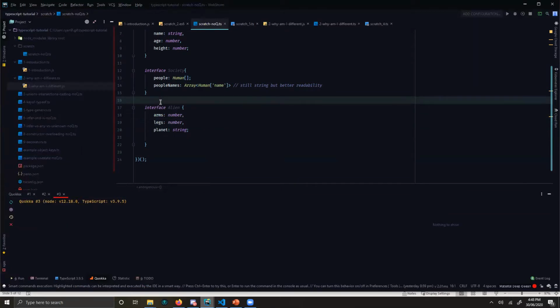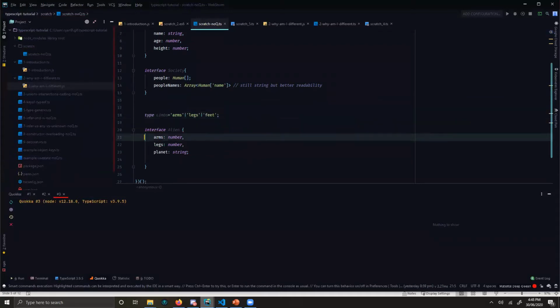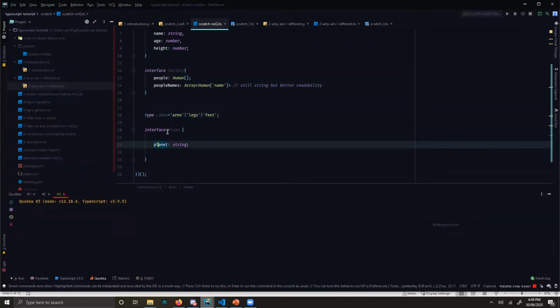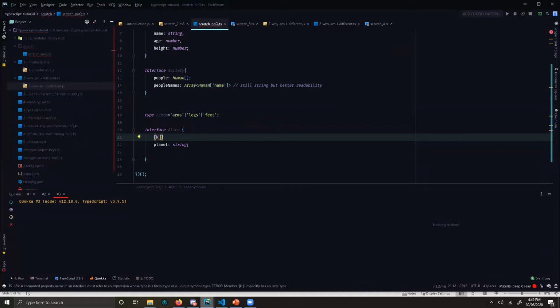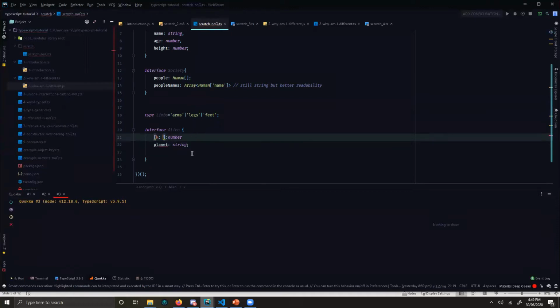So maybe I can move this out to another type, right? So the type declaration here allows you to basically define any kind of type in TypeScript, right? So we can say limbs, and then we could probably put arms, legs, and feet as an example, right? And then pretend that we want to somehow tell TypeScript that I want every single one of these types defined in here, and I want them all to be a number, right? So we can try do this, right? So the format for this is we do K in string: number, right? And you can see that it kind of works here, but if we try put limbs,